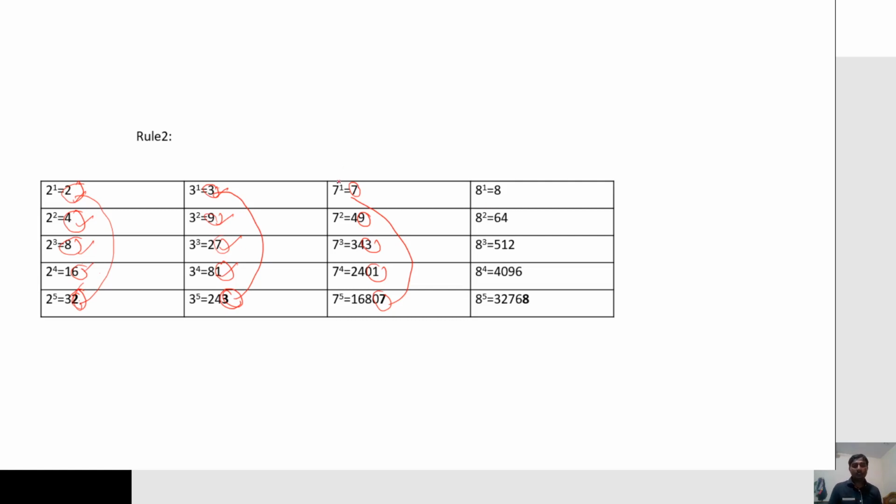Okay, this is cyclicity. 8 to the power 1 is 8, 8 to the power 2 is 64, 8 to the power 3 is 512, 8 to the power 4 is 4096, and 8 to the power 5 has unit digit 8. Okay, again it repeats. The unit digit repeats again after 4 digits. This is rule number 2: the same unit digit always repeats after 4 digits. Okay, well, for example